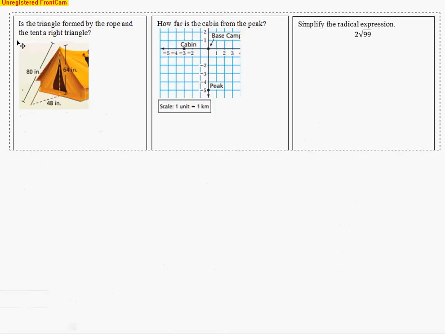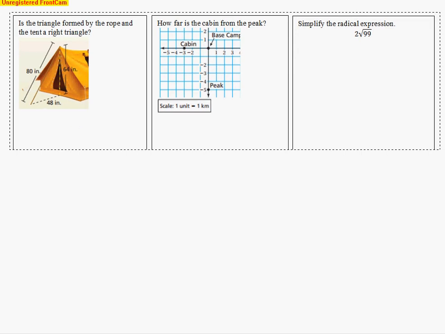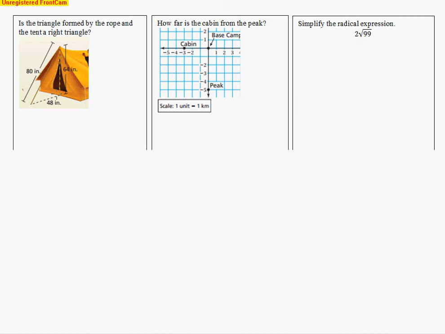Taking a look at the next question, it says, is the triangle right? That's formed from the tent and the rope that's holding up the tent. We see the right angle symbols right here. The hypotenuse is the longest side. So we're going to use the converse of the Pythagorean theorem, which says if we take the two legs that are known and square them, and then add them together, and we'll set it equal to the hypotenuse, the longest side squared. So just substituting the numbers in the Pythagorean theorem, and when I do this work, I